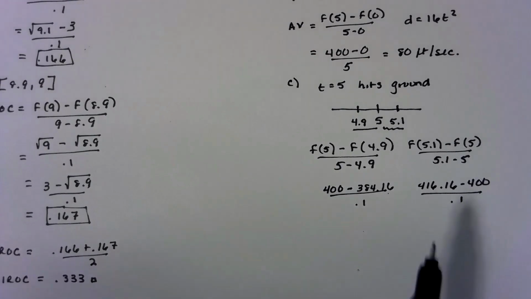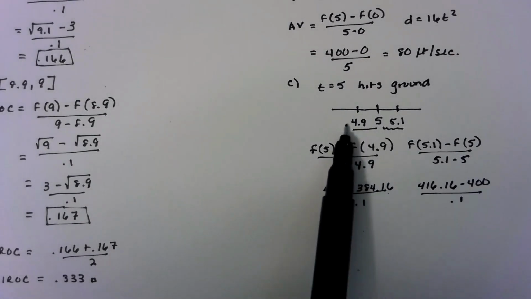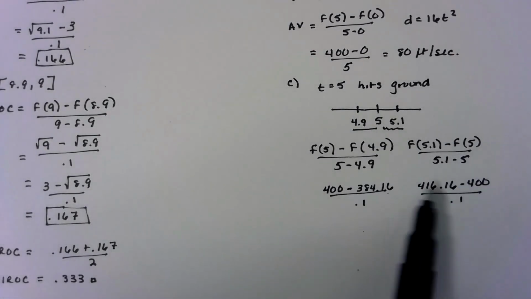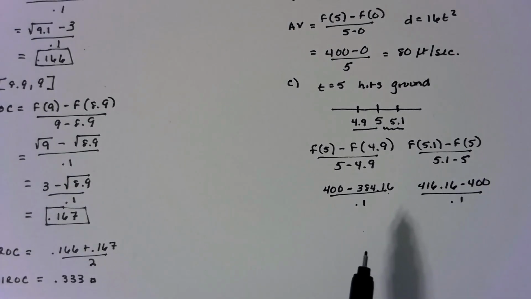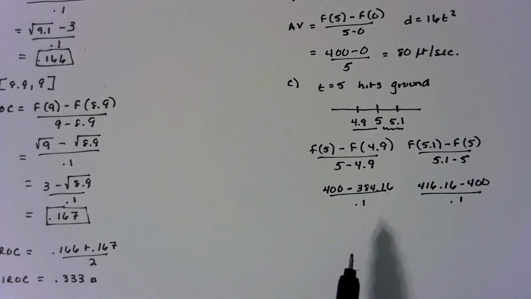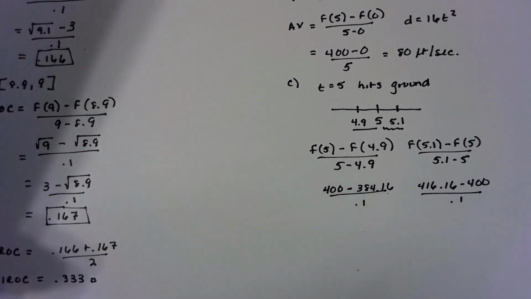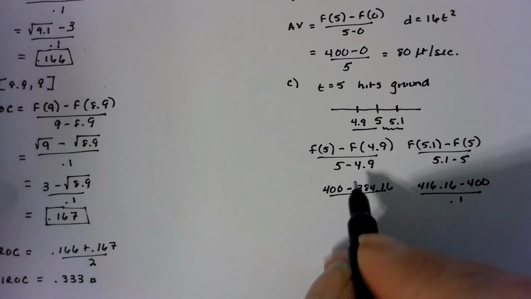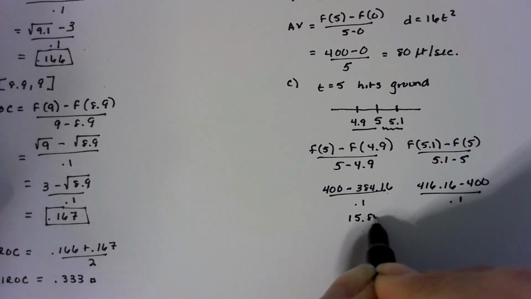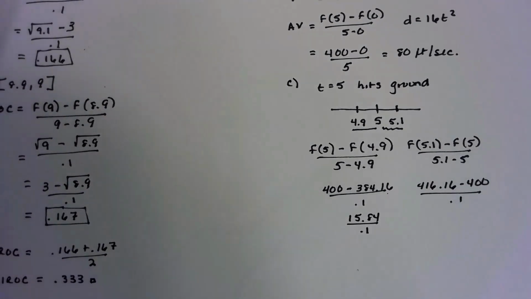Okay, so I'm just computing the average velocity here, the average velocity here. I'm going to find out what those results are, and I'm going to divide by 2, and that's going to give me the best approximation of instantaneous velocity that I could ever hope for given the circumstance. So we've got 400 minus 384.16. So this becomes 15.84 divided by 0.1. And over here, 416.16 minus 400 is going to give me